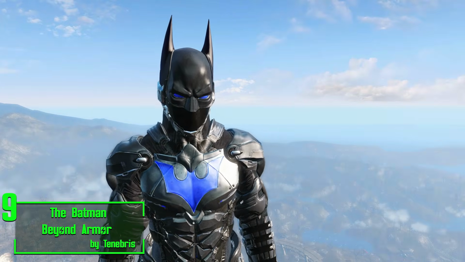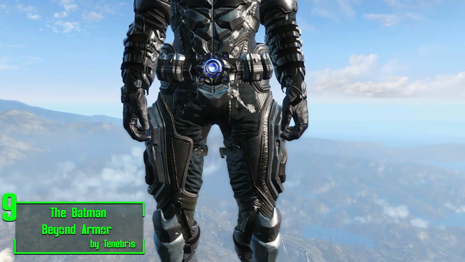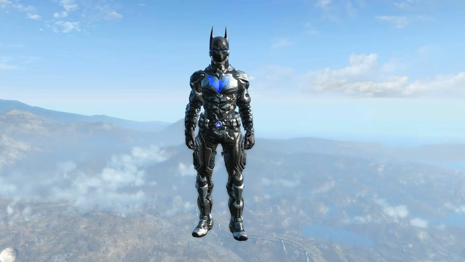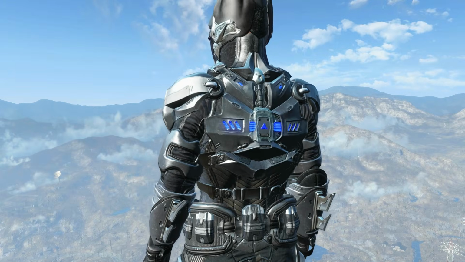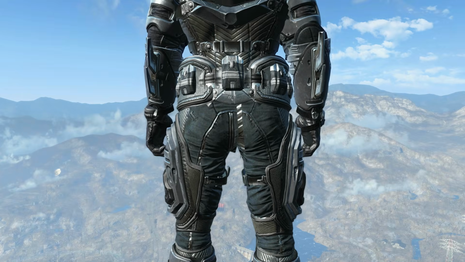At number 9, we have the Batman Beyond armor by Tenebris. Have you ever said to yourself, Fallout 4 is great, but the one thing that it's missing was the ability to become more than a man. The ability to become an idea. Well, now you can. With this fantastic addition, you can actually become the Caped Crusader himself and wreak justice throughout